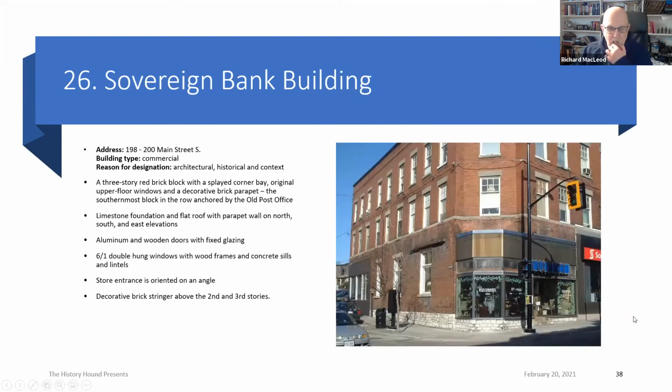Forward, Rick. On the corner. Now this is interesting, and I will spend a few seconds on this building. This is obviously a new building. It was built in the place of a building that was a hotel, the North American Hotel. North American Hotel is famous because when